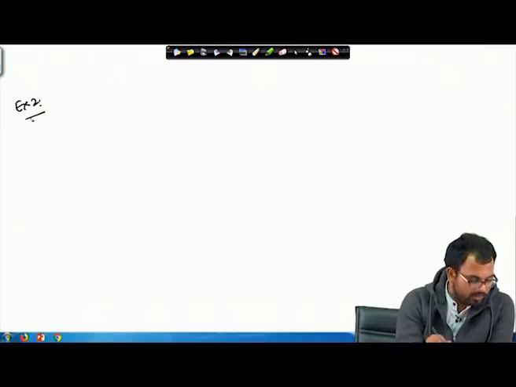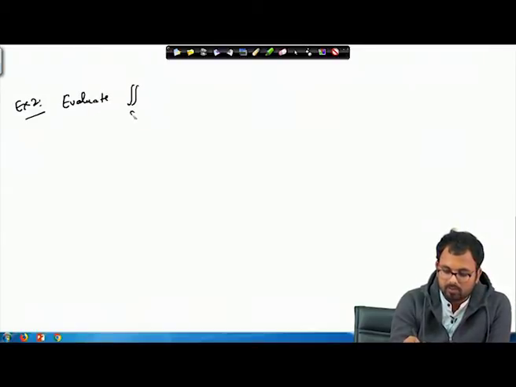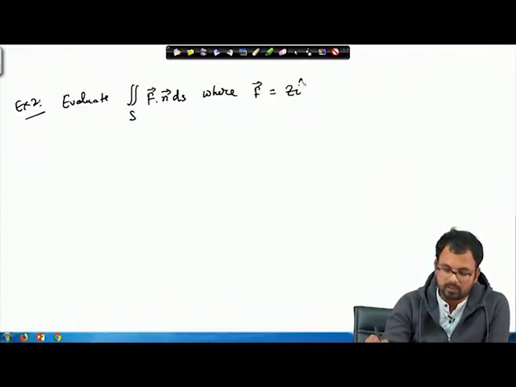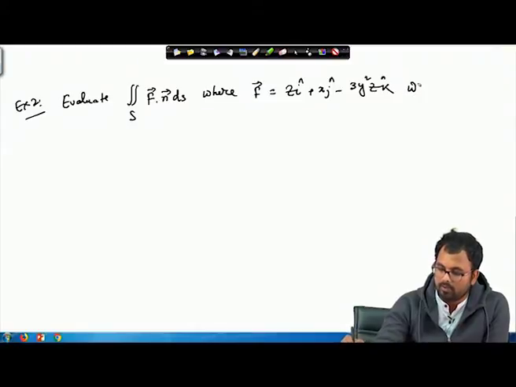All right. Now we will continue with our examples on surface integral. Let me write a problem here. Evaluate the integral over the surface S of f dot n dS, where f(x, y, z) is given by z i plus x j minus 3 y square z k, where